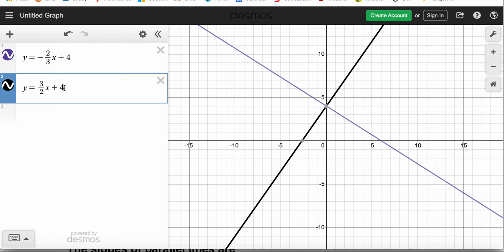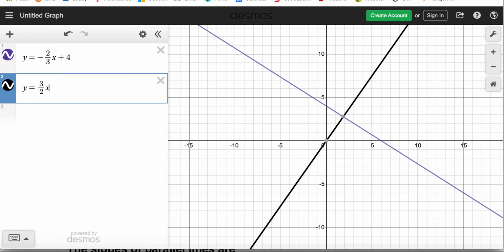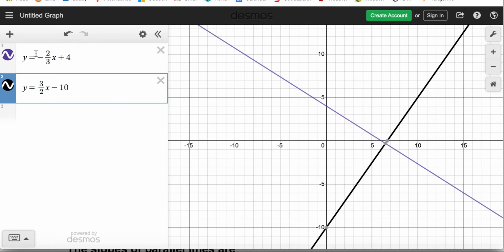This plus 4 doesn't matter. This could be anything. So it could be plus 1. It's just this line is shifted lower. It could be minus 6. That is still a perpendicular line. It's the slope that matters, not the y-intercept. It could be negative 10. As long as the slopes are negative reciprocals to each other, you know you're going to have 2 perpendicular lines